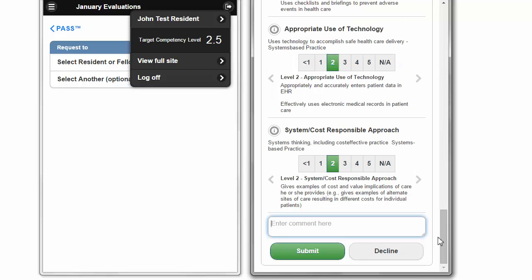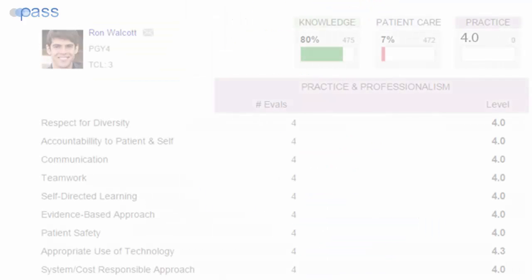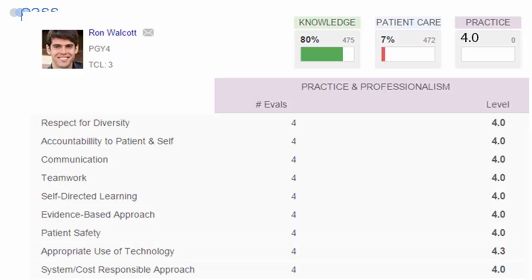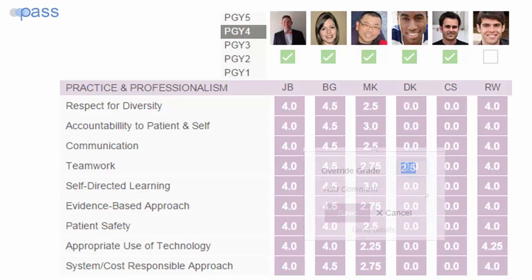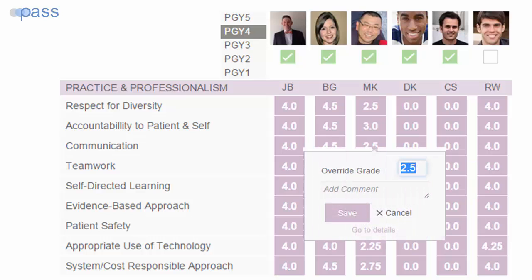At the end of the evaluation, the faculty member can make any specific comments, and then he submits the evaluation. The evaluation data then goes into professionalism reports for the individual residents, and every 6 months the CCC can use this data to generate the ACGME professionalism levels. As you can see on the left, the data is collected in the same fields that need to be submitted in the ACGME website. If any of the levels don't seem correct, the CCC once again has the ability to